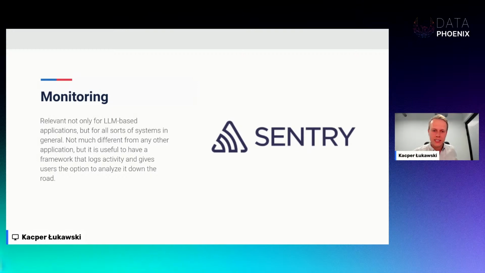I really encourage you to have a look at Sentry, which is quite a common choice for monitoring at least application bugs. So those exceptions, so we will get notified whenever an exception is thrown. Not only, but that will give you an overview of what is happening inside, and that pretty well integrates with